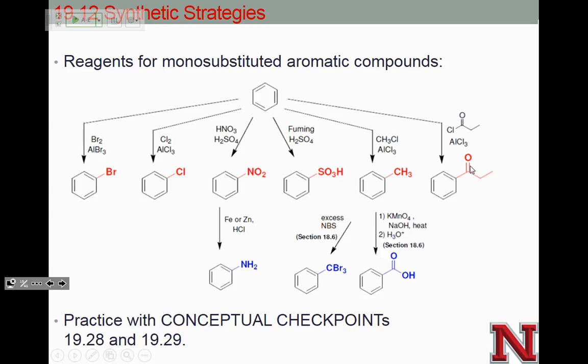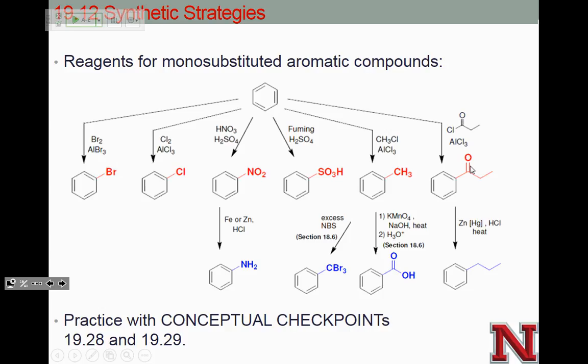We can also, if we have a hydrogen in this position, do an oxidation to form a carboxylic acid. We looked at that in chapter 18. So we can do that as long as we have 1 hydrogen in that position. So that's a different group. That makes our benzaldehyde. Also, we can do the acylation and reduce this with much harsher conditions than what this